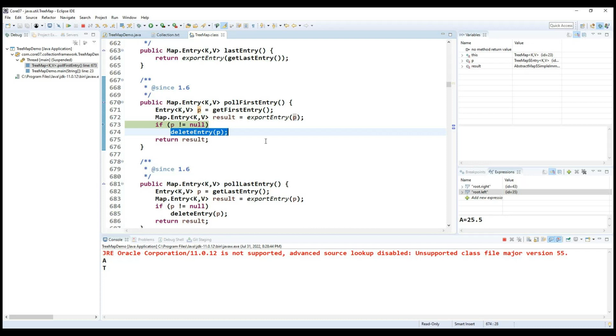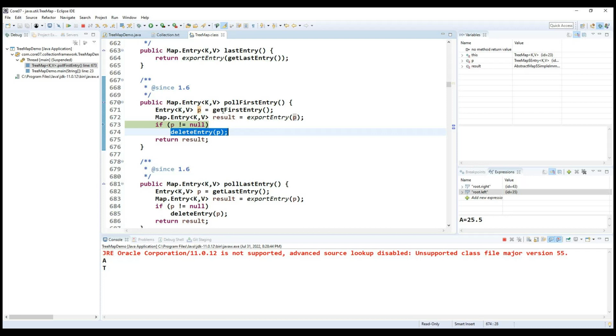So what is the difference we can identify between the first entry and the pool first entry? The pool first entry will remove the object, and whatever object we remove, it returns that object. And the first entry record will return the object